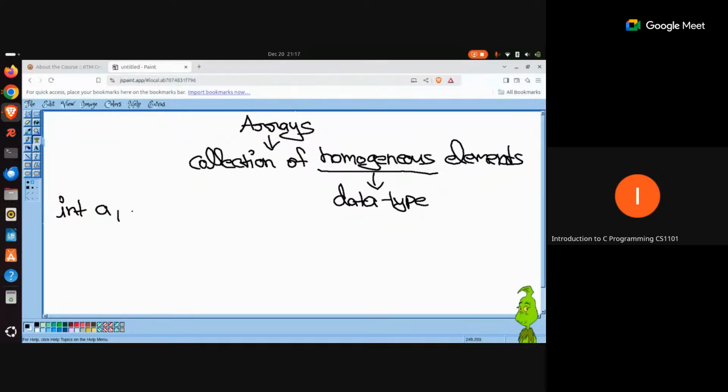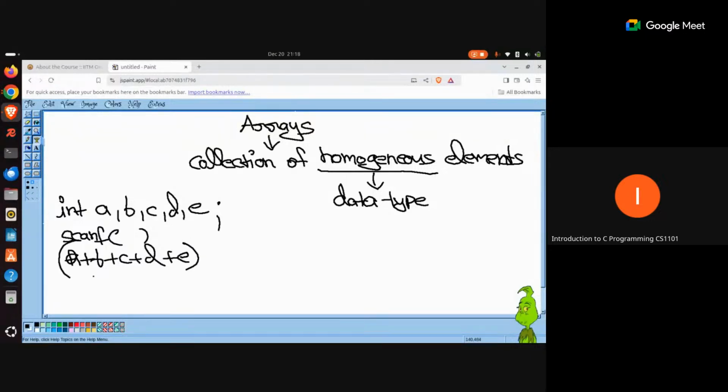Okay. So in that case, I would be creating 5 variables, A, B, C, D, E. The variable name could be anything. Of course, for simplicity, I'm just taking them as alphabet names. So A, B, C, D, E. What we'll be doing is writing a different scanf statement, or you can probably use a loop, in order to accept all these inputs from the user. After that, you will run a loop in order to add all these numbers, or in case you are accepting these separately, then you can simply say that the sum of all these numbers is going to be A plus B plus C plus D plus E. This is going to be the sum. Right? This was a simple enough program that I hope everyone can write here.